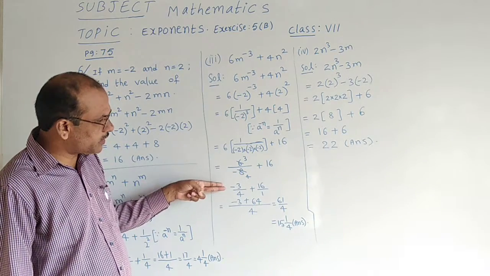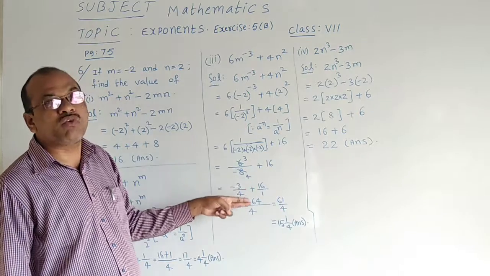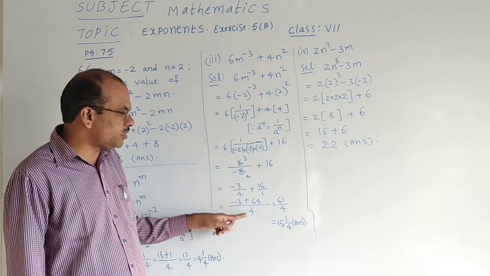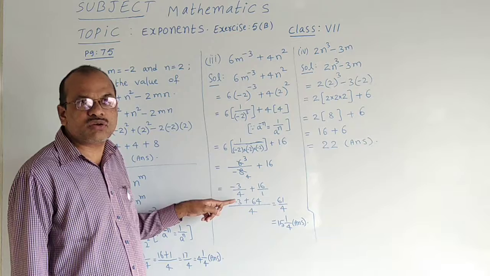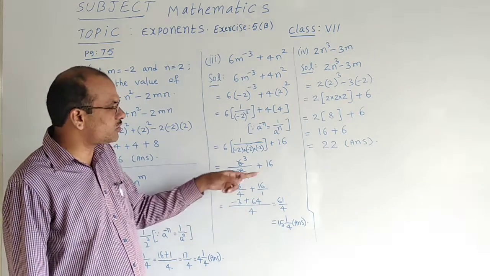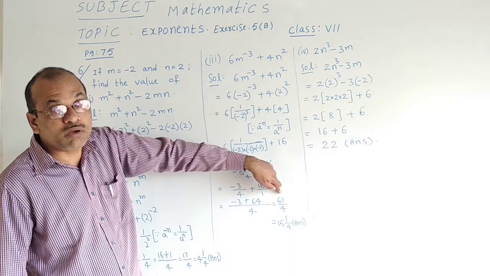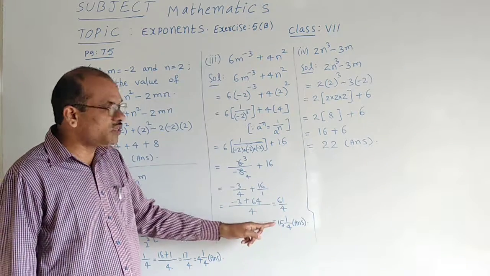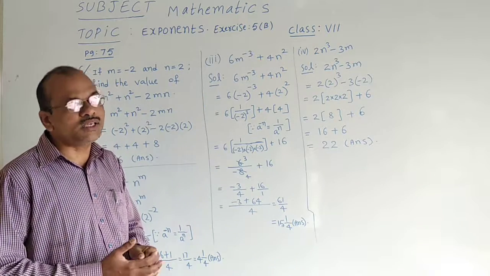So this can be written as minus 3 by 4 plus 16, written as 16 by 1. For the LCM we have got 4. 4 in this one time, 1 4 is 4, 1 into minus 3 only, again plus symbol. 1 in this 4 times, 4 into 16, 64. Simplification gives us 61 by 4. That can be given as the mixed fraction 15 1 by 4. This remains the answer for the third bit in the sixth question.